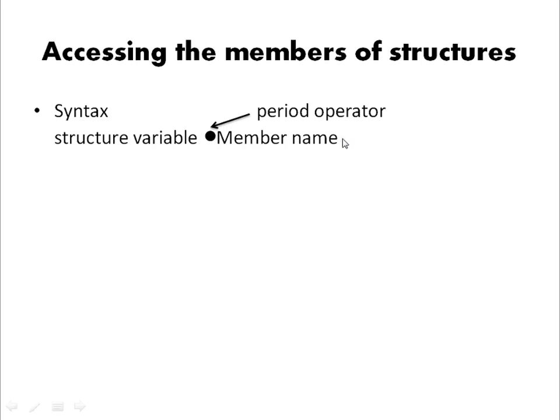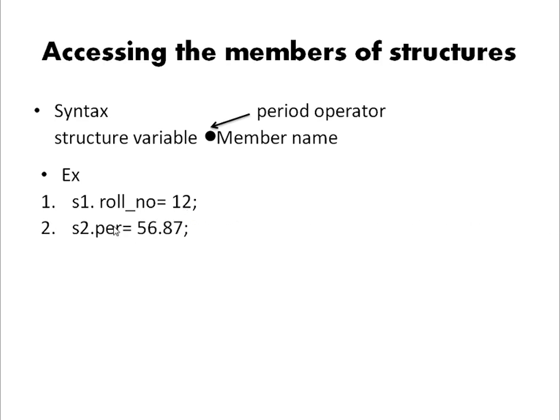We can associate any value, we can read, we can display, we can perform these operations. So when I wish to do these operations, I can use this syntax. Let's look at some examples. S1 is a structure variable and the member name is roll underscore number, and I have used a dot operator for this. So it means that I am going to assign the roll number of this first student the value 12.